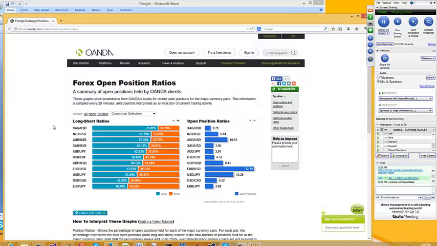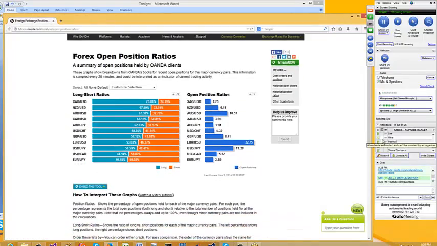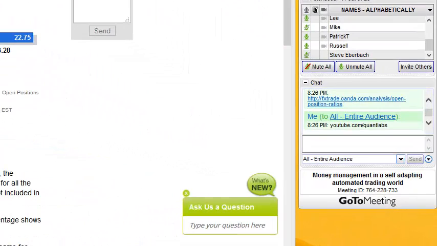Go ahead. So I collect this kind of positioning information, and I have a very strong belief that it correlates with some moves in the market. So this is going to be input in my machine learning. Is it not a problem for you that this is only Oanda clients? I also have FXCM and Dukascopy. And are you familiar with the concept of exit polls, like in elections? You know that in an election they actually ask less than 1% of people, and from that 1% of responses, they can get a very good result for the whole population, right? So this is the same thing.